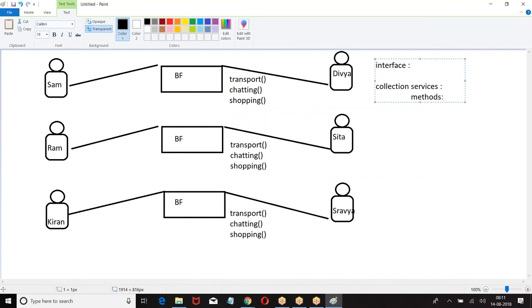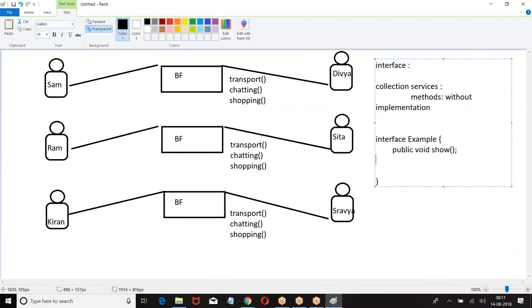A collection of methods without implementation. Now, what are they giving? Only the names of the methods.